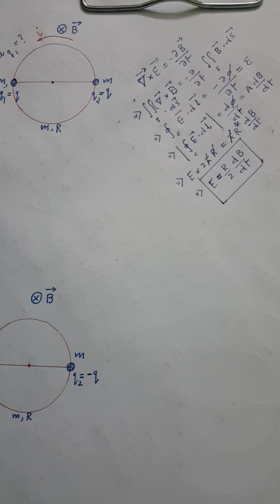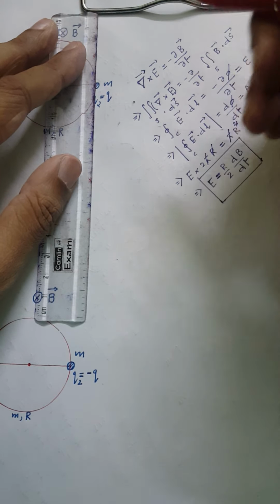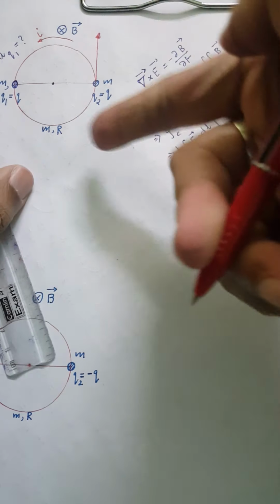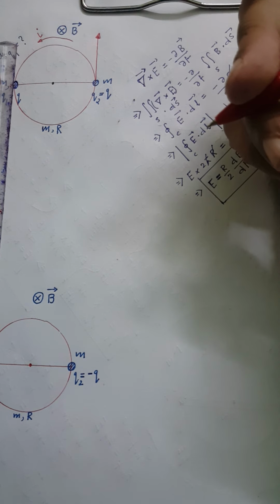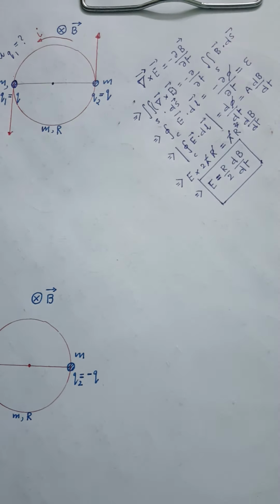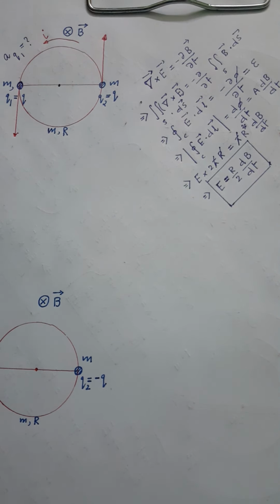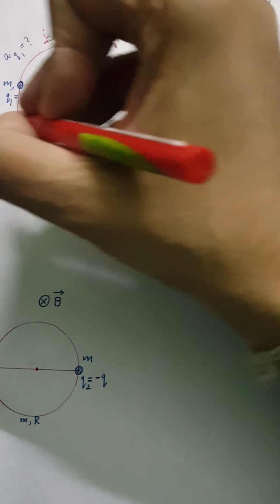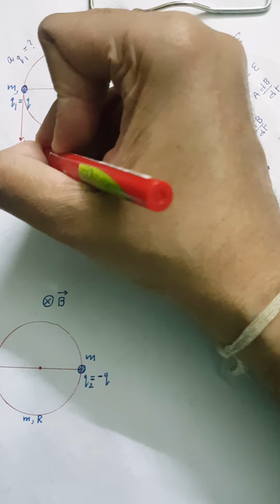So if this is the sense of induced current, electric field along the path of current will be in a tangential direction. So here at this particular point, the direction of electric field will be this, vertically upward, as the current is going in this sense, and here electric field will be this, vertically downward. So clearly our disk will experience two equal and opposite forces. This plus Q will experience force in this direction, QE. This plus Q will experience force in this direction, QE.